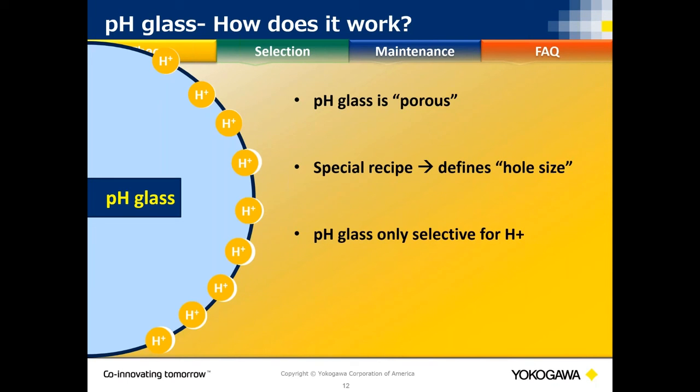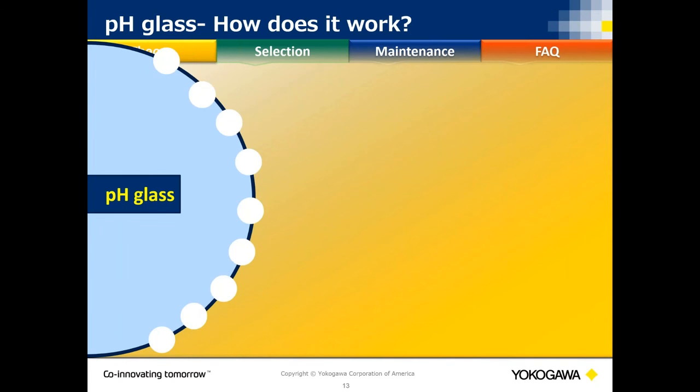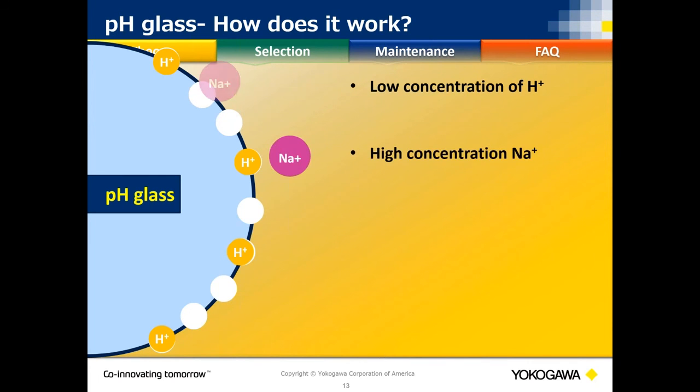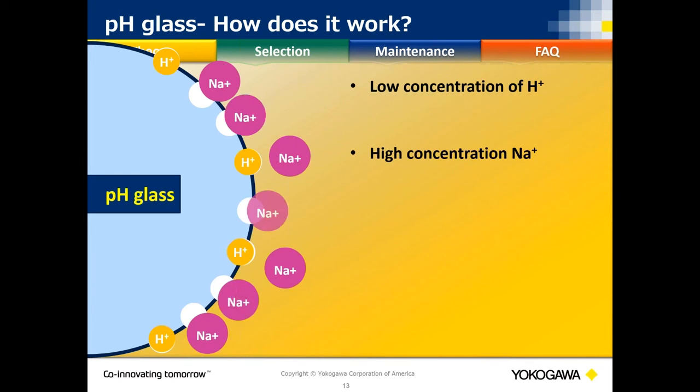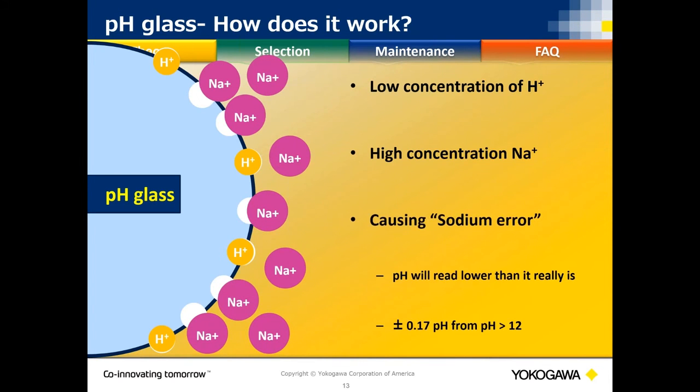2 things to consider though. 1, what if you're in a caustic solution, okay? Caustic solution meaning like sodium hydroxide, for example. You still have the same measuring glass, but there's very low levels of hydrogen ions, or it's a very low acid concentration in the solution. You have, however, high sodium concentrations in your process. What happens is the sodium ions are actually bigger than the hydrogen ions, so they won't actually fit in the hole, but they line up along the glass electrode and kind of fake the glass electrode into thinking that it's an acid. So you actually will read what we call sodium error in, say, about the 12 to 14